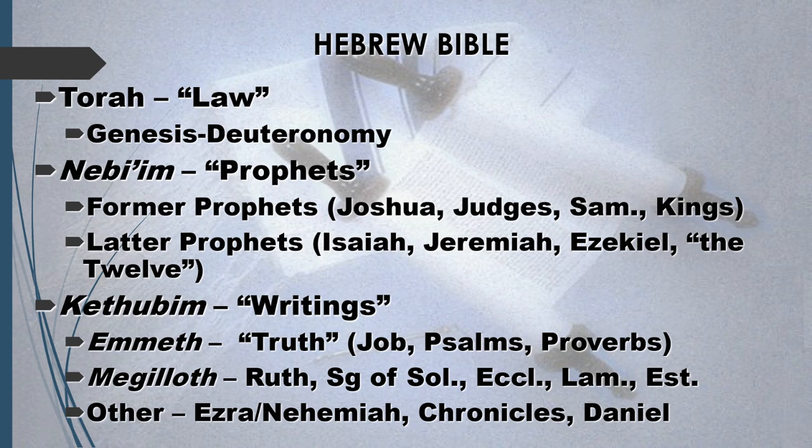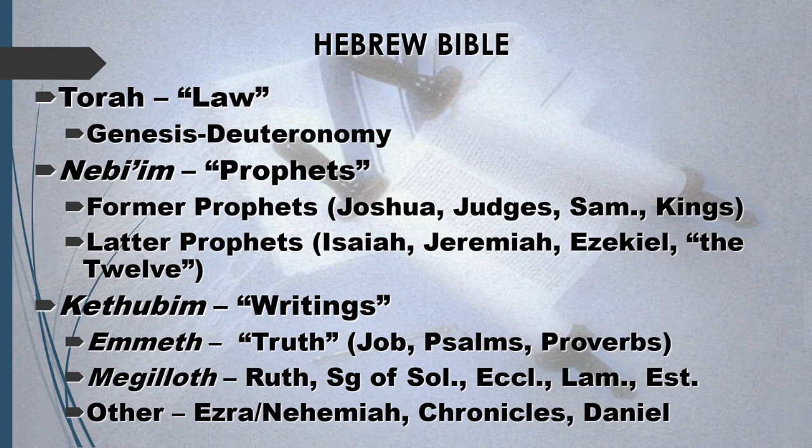Now, in English translations, the arrangement of the books in these sections will be a little bit different, whether you're following a Hebrew arrangement and classification or an English arrangement and classification. So in the Hebrew arrangement, you're going to find the classification that is going to be like we have on the screen. So the Torah, or the Law, is going to include Genesis through Deuteronomy. The prophets, or the Nebi'im,